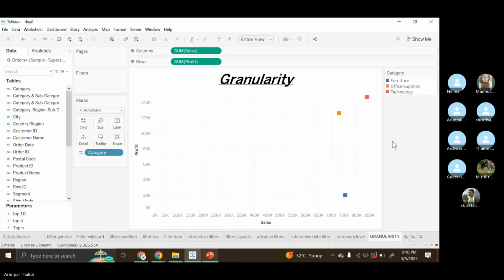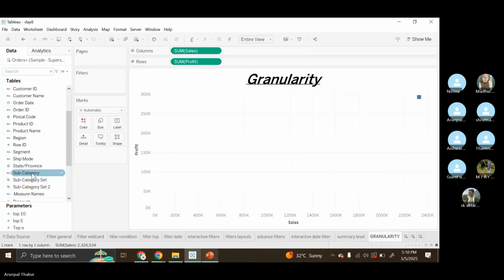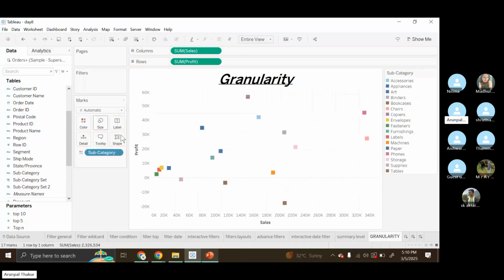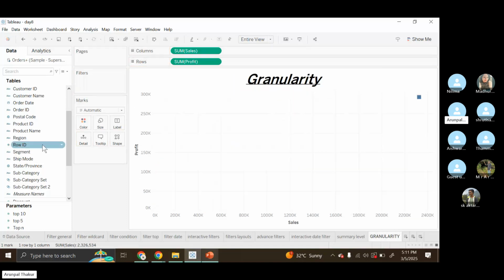Like a staircase, the very first step of that staircase is the lowest granularity. Now one step more we have taken, so it is a little bit higher than that. Now if more values are shown, like subcategory, how many points are shown? 17 points. Again a little bit higher granularity, I am getting more details, right? Yes or no? Then if I put product name,